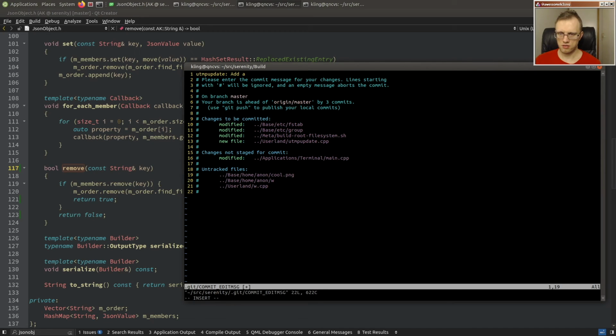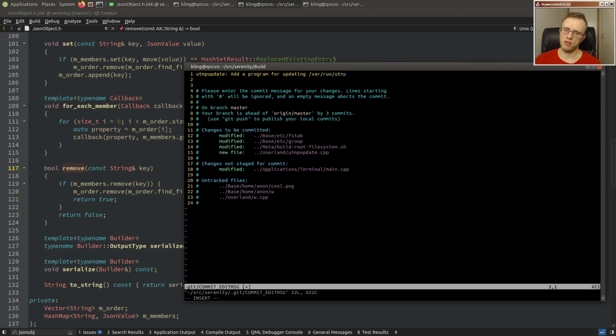Add a program for updating var run utmp. We want to keep track of ongoing terminal sessions. Now have a